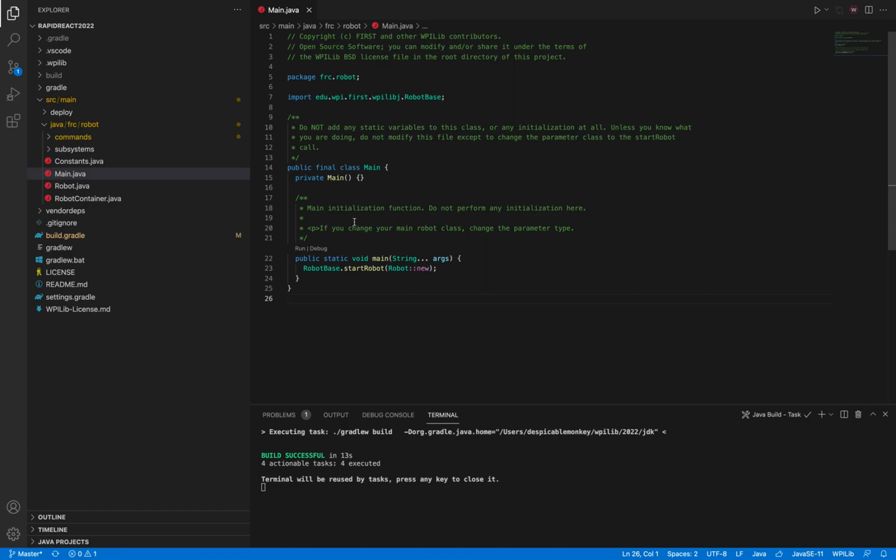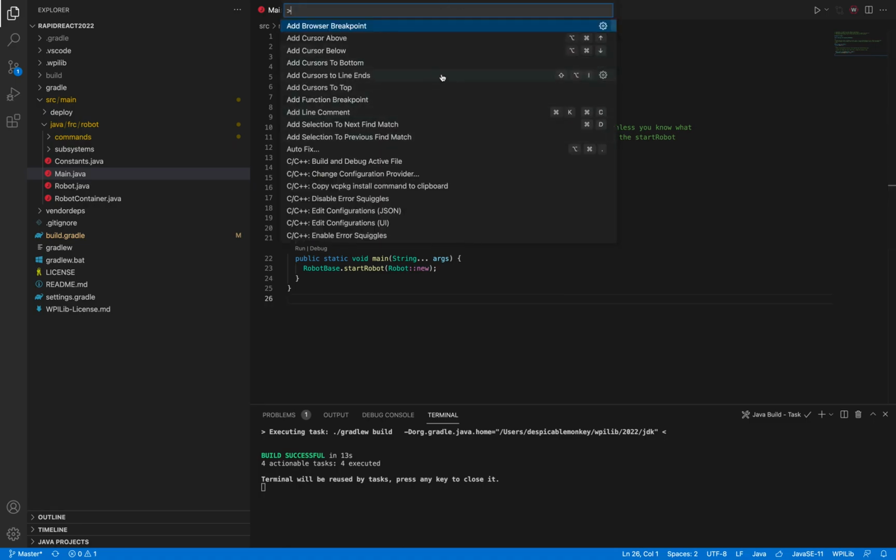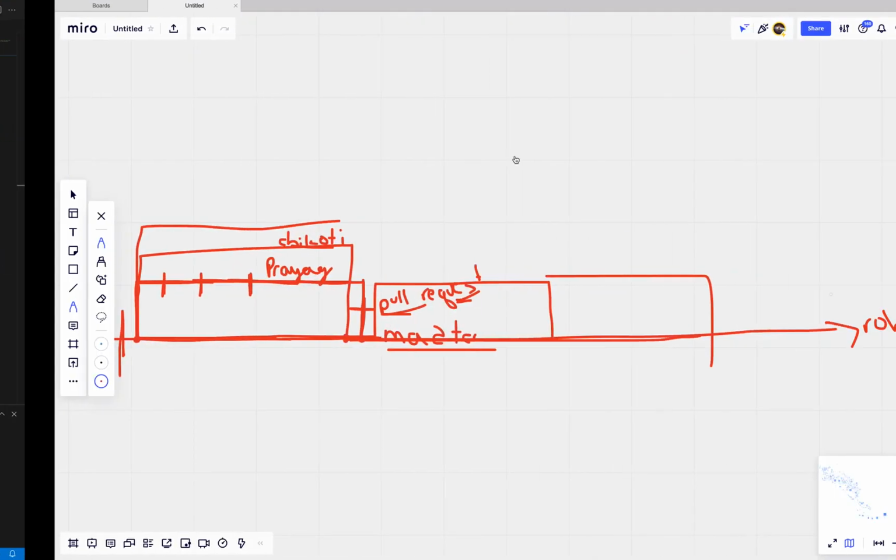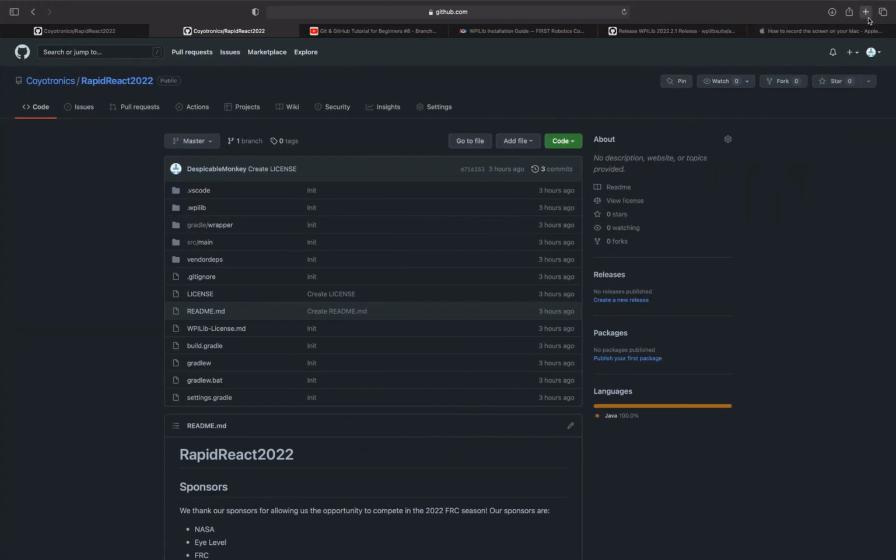So to make your own branch, you will have to, let's see, on MacBooks, it's Command-Shift-P. It'll open up this menu. On Windows computers,